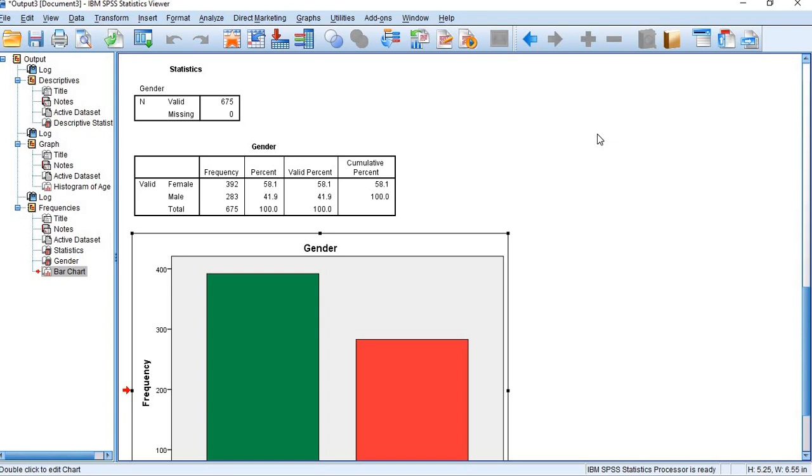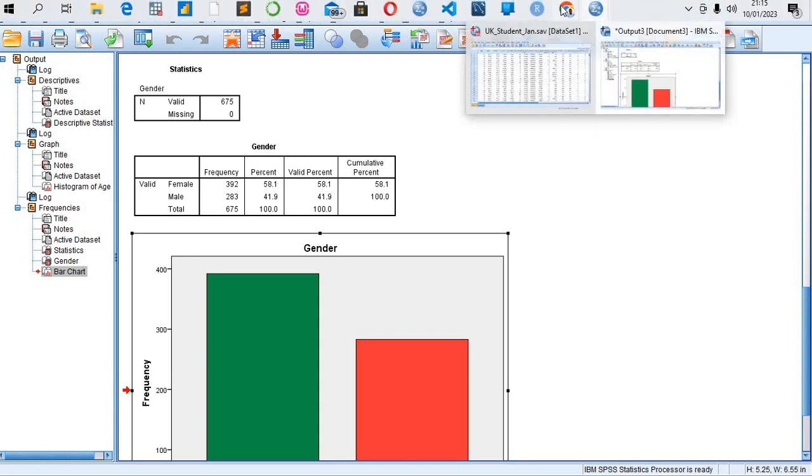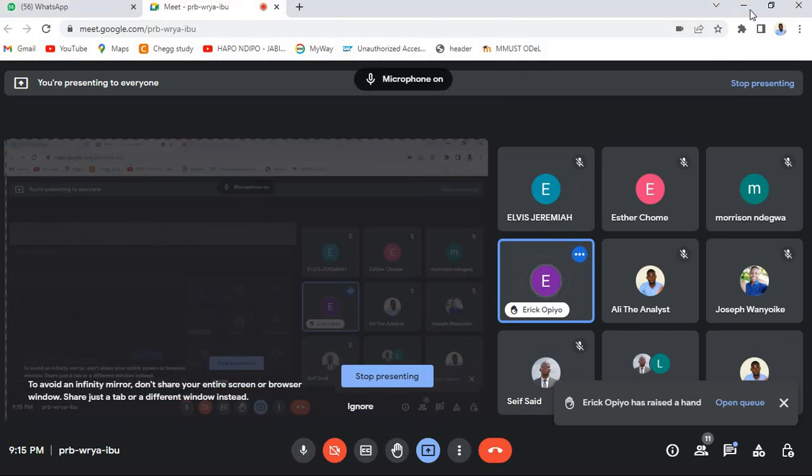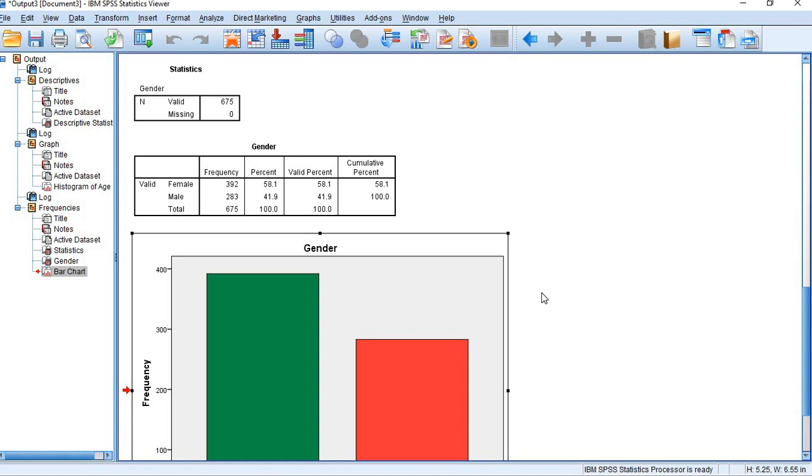For instance, let's say we were having gender in terms of performance. For instance, now this is how I'm going to explain. According to the chart that has been provided, we observe that female scored highest, let's say marks, highest, followed by male, who became the second. Or now, Opio, kindly,